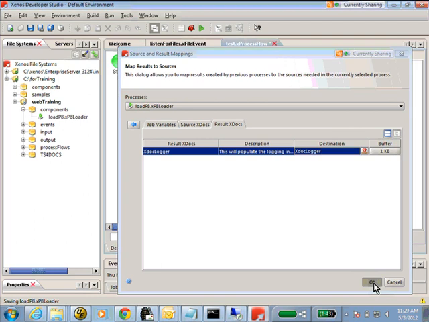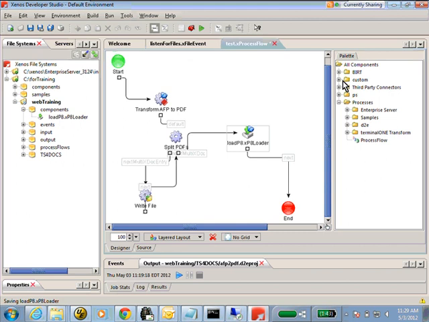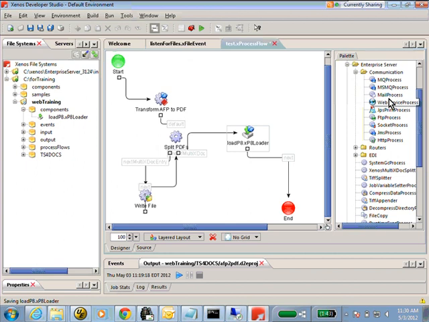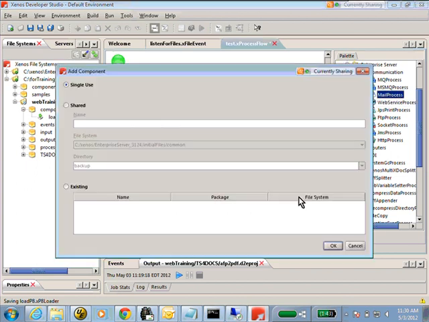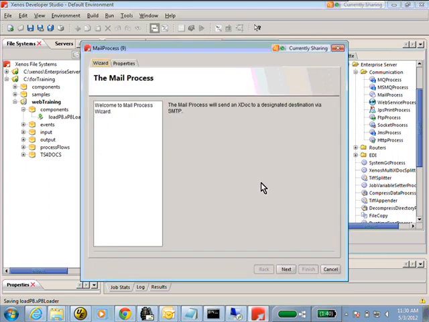out to xdoc logger. Next, we're going to set up the email so that we can actually email when it's successful, and we're going to send the audit file rather. So I'm just going to drag this on here, single use, connect that into the flow, and then just like everything else, we'll go through the wizard here.